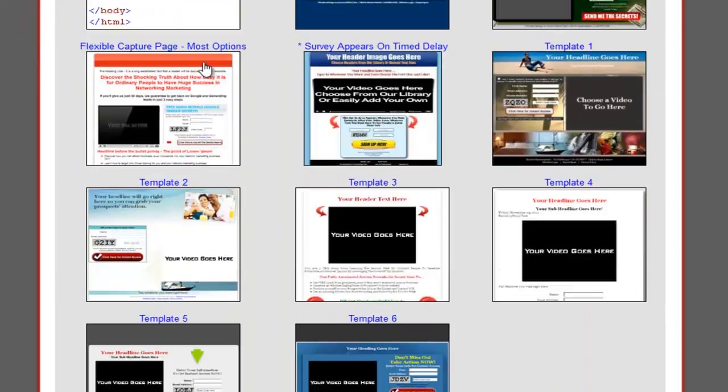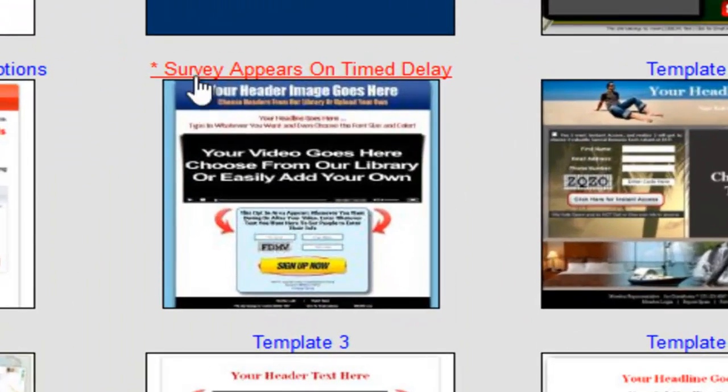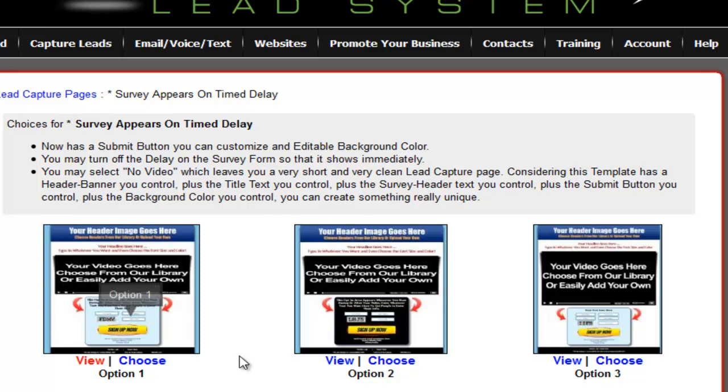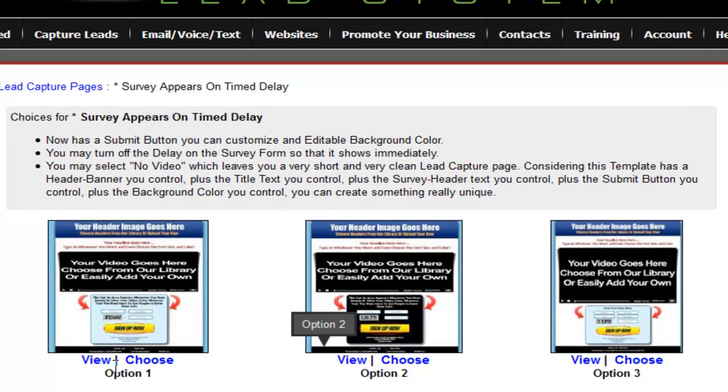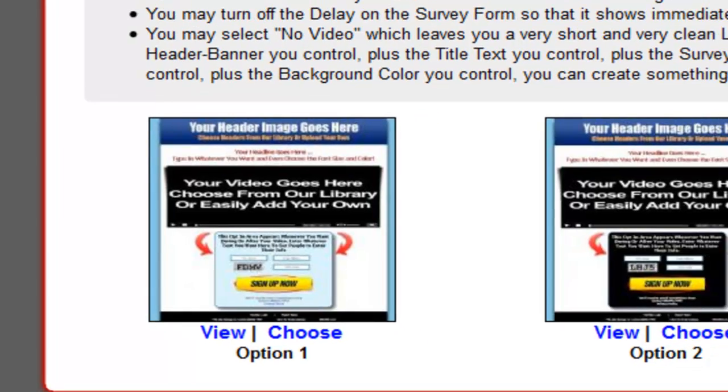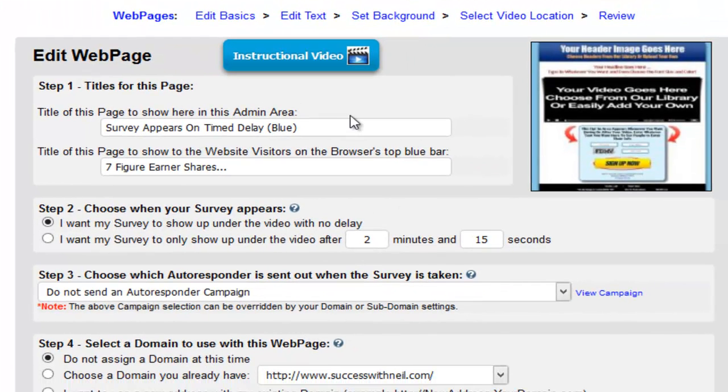And the template that I wanted to point out is right here called survey appears on time delay. So I'm going to click on that. And you can kind of see the different styles here. I'm going to go ahead and use the one on the left. Click choose. And now what you're going to do is just name your page. So for this example, I'm just going to call this Manatech